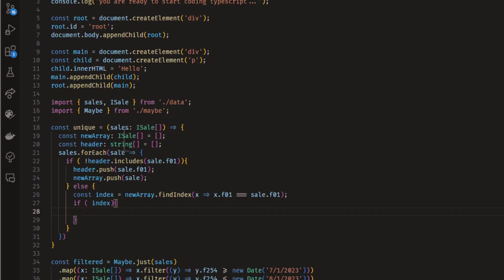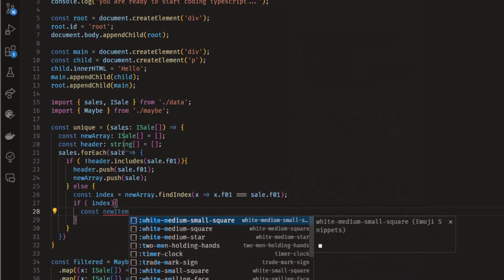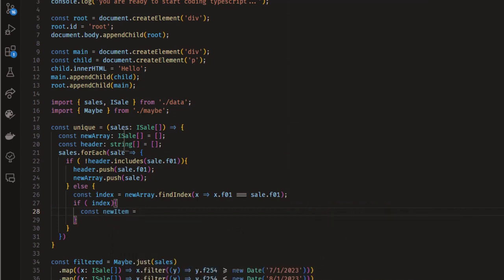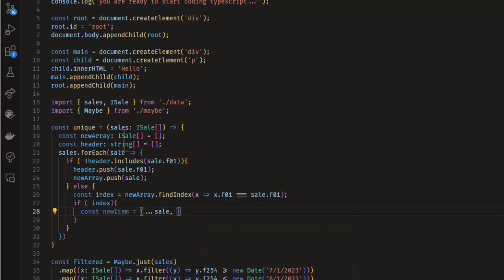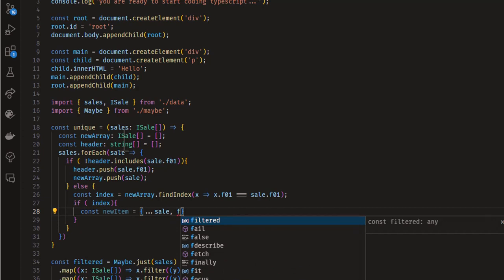We're gonna say const new item. It's gonna equal a new object, and we're gonna pass in sale. But we're gonna say that F65